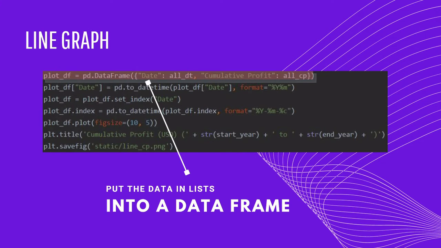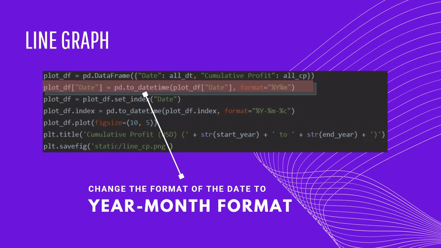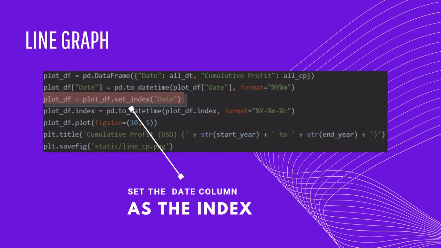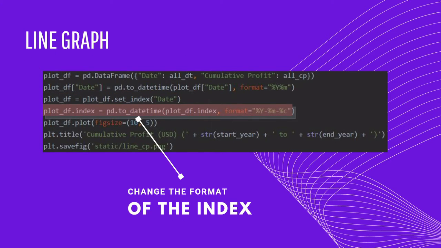The first line puts the data in the lists into a data frame. Let's call it plot.df. Next, we have to change the date to a year-month format in strings. This can be easily changed to date-time type later on. After that, we will set the date column to be the index column. We can then change the format of the index to be date-time, which can be shown in the horizontal axis